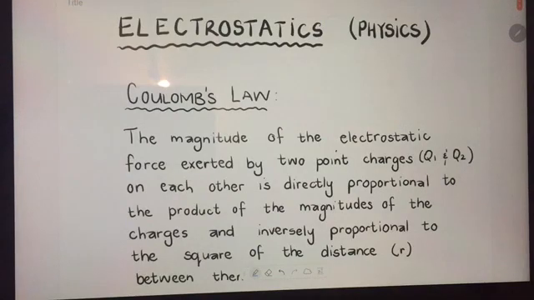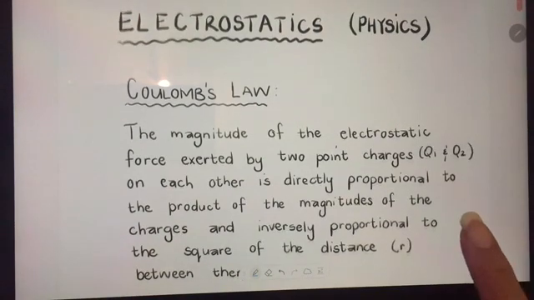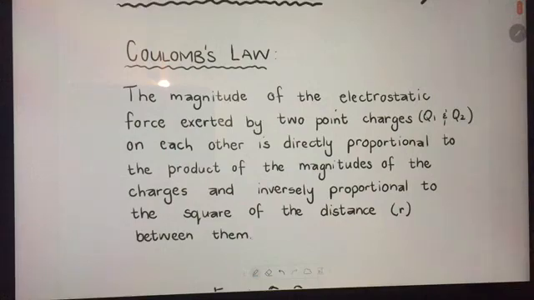Good morning, ladies. This morning we are starting the next section, which is electrostatics, and this is a physics section. And the first thing that you need to know is Coulomb's law, and according to our guidelines, it states that